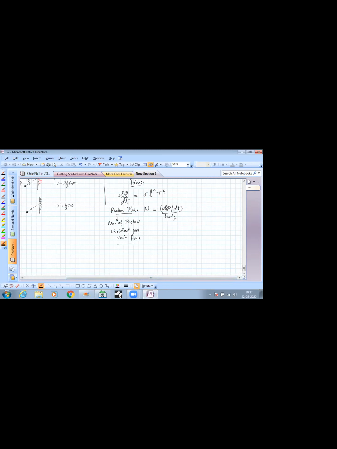That is assuming there was monochromatic light of wavelength lambda only. Now here, of course, there is the entire spectrum, but that factor of lambda will get cancelled out when we talk about momentum transfer. Okay, so that is why I'm not keeping that over here. So lambda upon hc into sigma into L square into T to the power 4. This is the photon flux. Okay, so